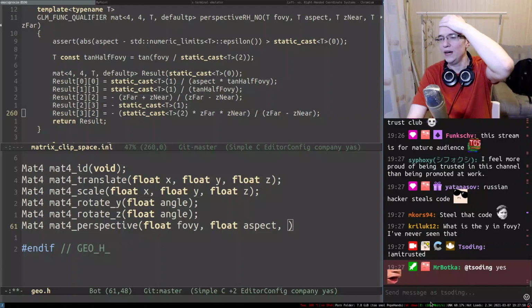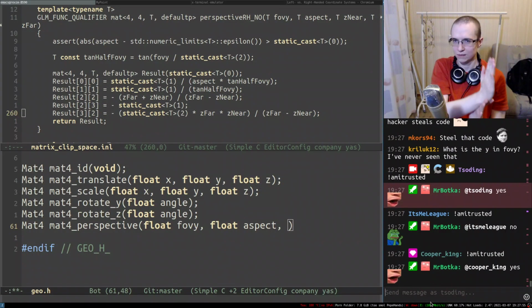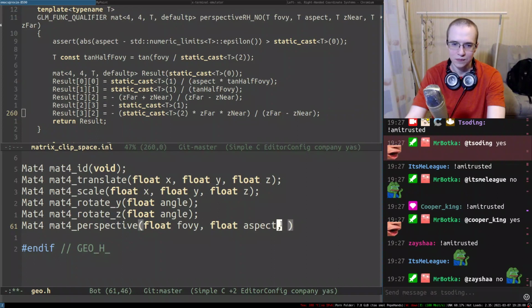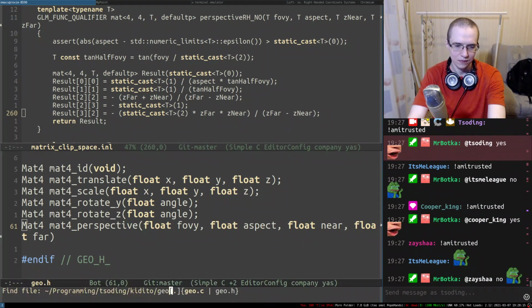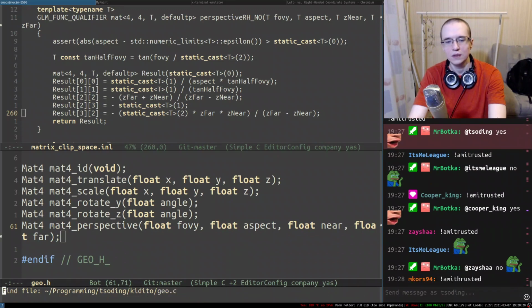What is the Y in FOVY? It basically means it's vertical. It's field of view vertical. That's what it stands for. Vertical field of view. All right. So then we're gonna have aspect, and then we're gonna have Z near. I'm gonna call it just near, and then I'm gonna just call it far. Yeah, that's basically what we're gonna have here. Let me copy paste this entire code. Go.c,